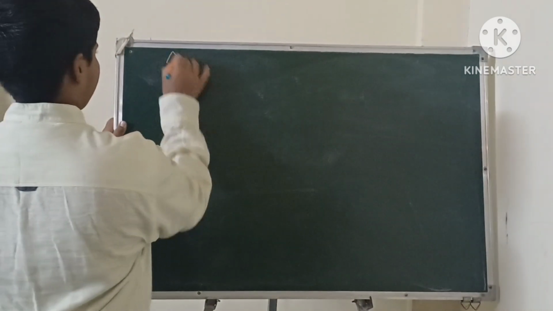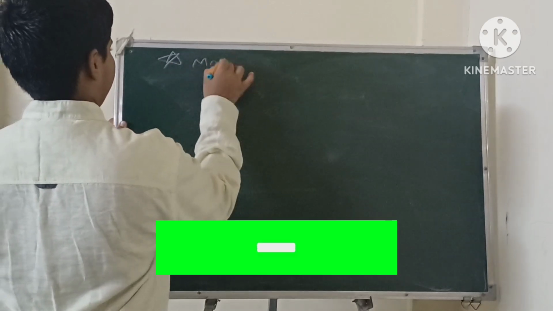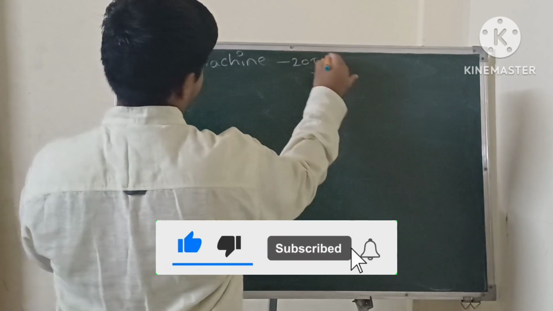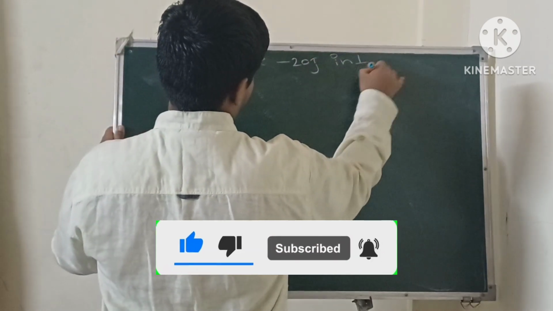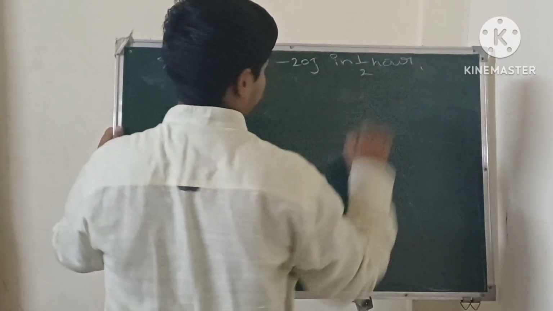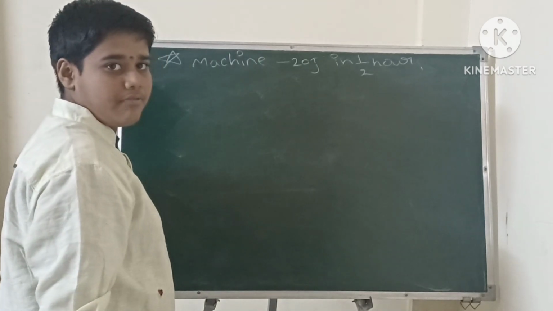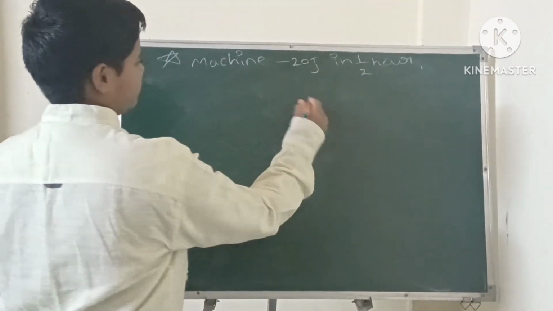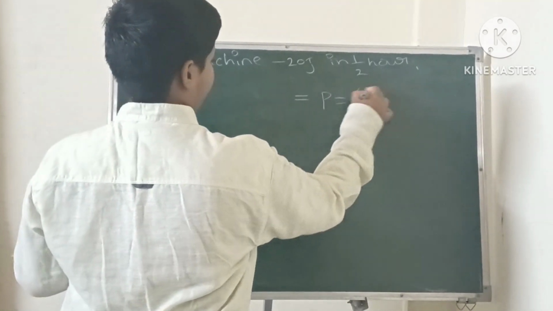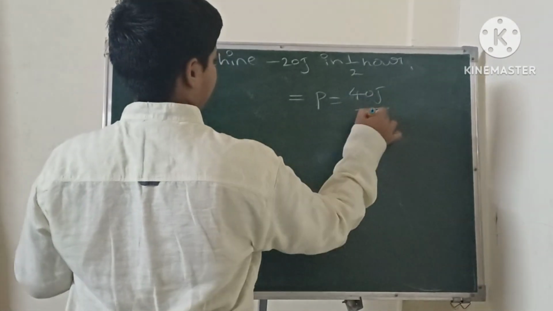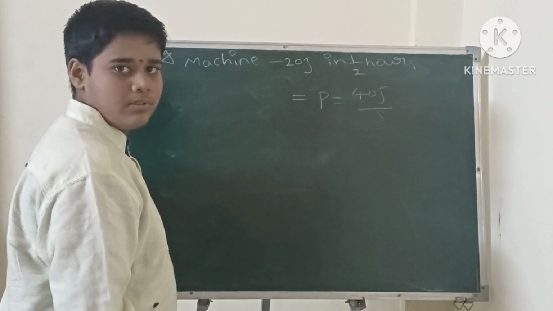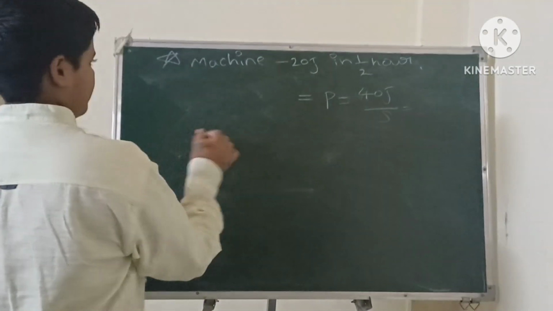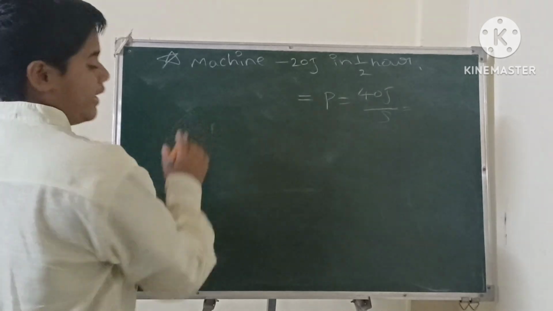Here, a machine works 20 joules in half an hour, and the power is 40 joules per second. Here joules per second means, in power,